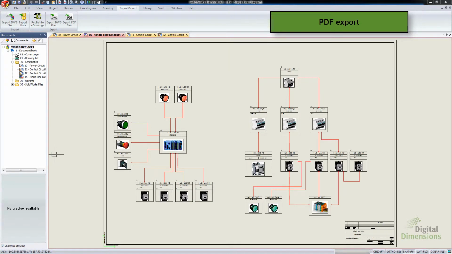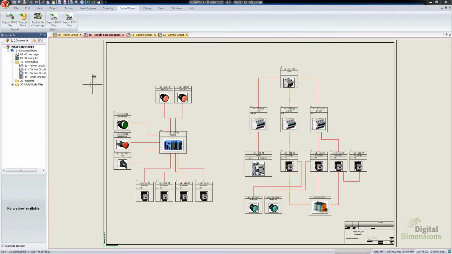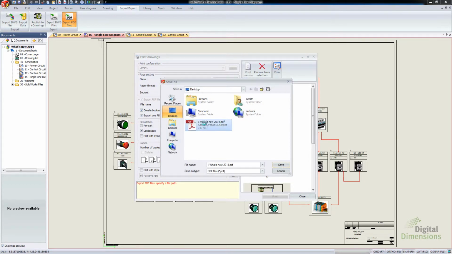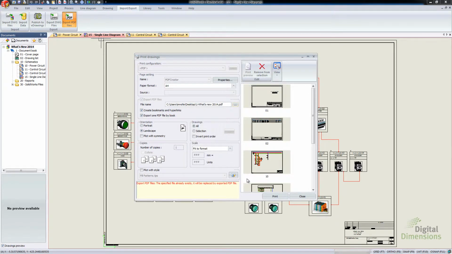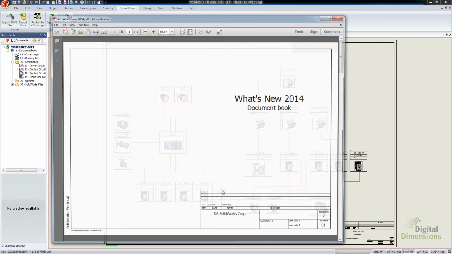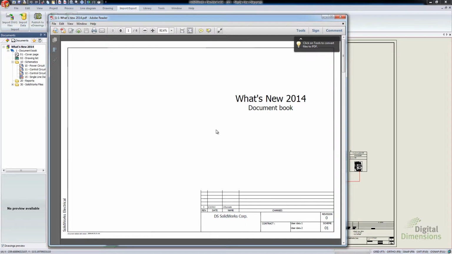PDF export is this next one, and I think this is a really good enhancement for creating the documents for the end user. So I'm over here on the Import Export tab. I'll go and do Export PDF Files, and there's this new option, Create Bookmarks and Hyperlinks. So I'm just going to give this a name, and I'll say Print, and it's going to create a PDF based off of the